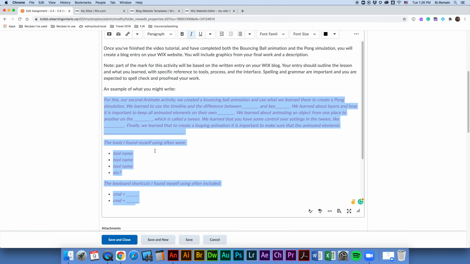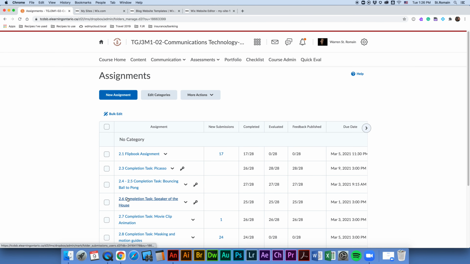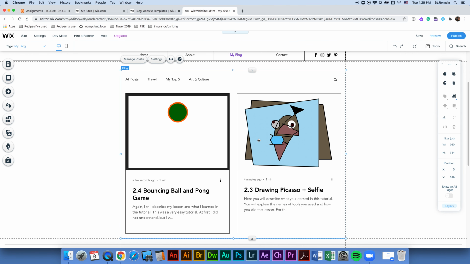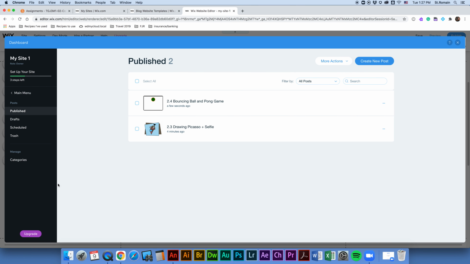and you will do this for every assignment, okay, where we have an assignment, 2.5, 2.6, 2.7, 2.8, each of these will go in here so that you can see them. Now, once you're done that, you need to name them according to what they should be, or categorize them. This is not arts and culture. It is not my top 5. It is not travel. So we need to edit your blogs,